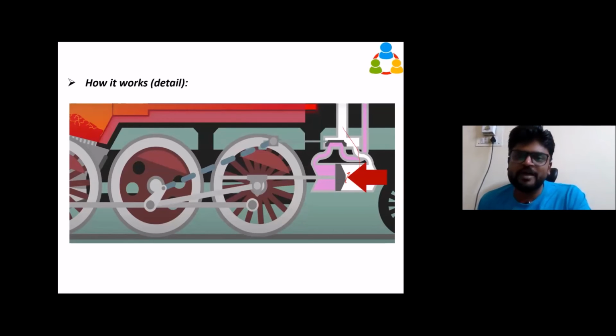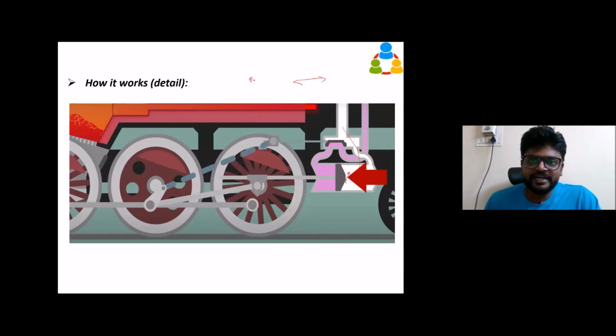When the piston moves forward and backward, this reciprocating motion is converted into rotational motion. That is the biggest design, which is used everywhere in automobiles, in our bike also. The piston block will be moving, connected to the rod, and the rod will be connected to the crank. This crank plays a huge role. With the crank only, the linear motion is converted into rotational motion, because the crank is connected eccentrically.